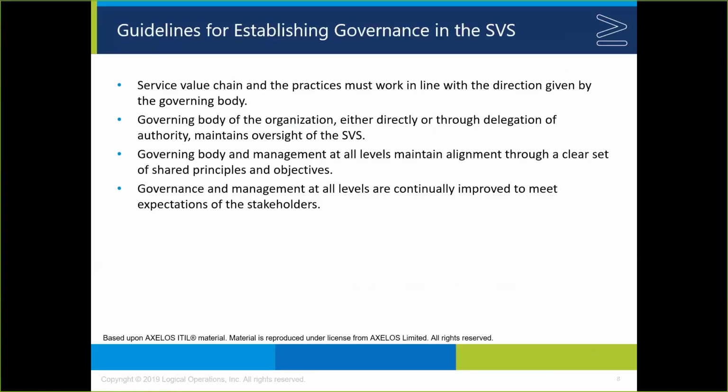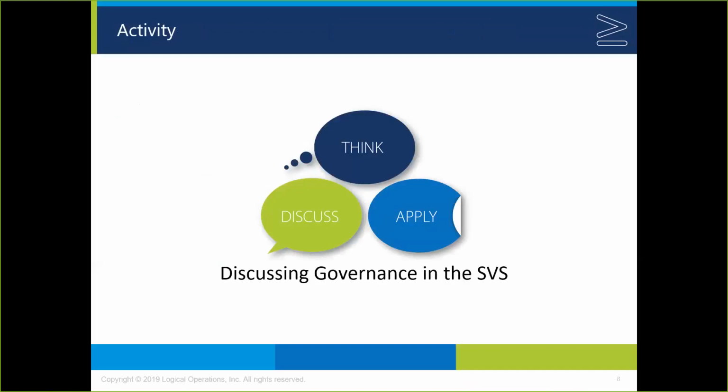So we finish up here by talking about high-level guidelines. We want to think about governance and management, and how they collaboratively work together to support this overarching thing called the service value system. And ultimately, this is intended to be aligned and maintained over time. As governance needs change, as the organization's needs change, these things have to continually evolve. So you might just have a brief conversation about governance with your customers. A lot of them won't have a lot of direct experience with this.